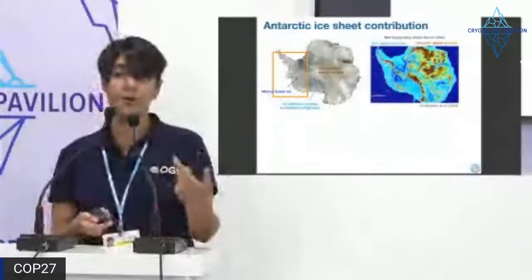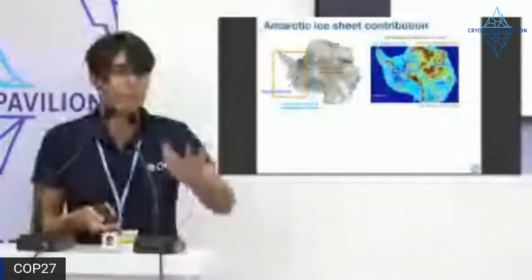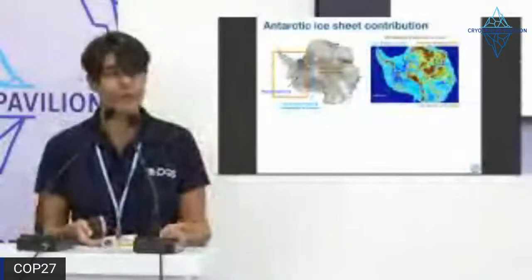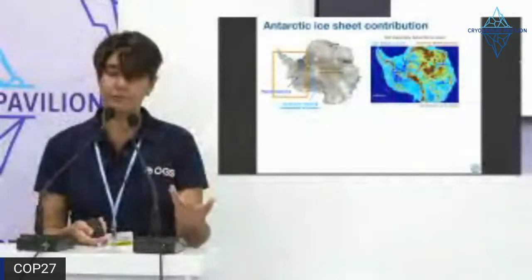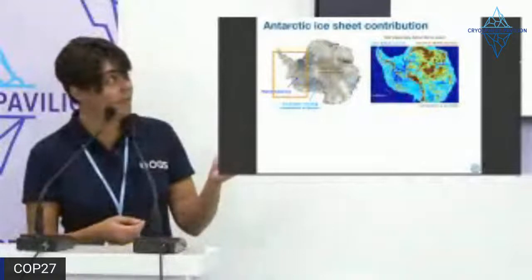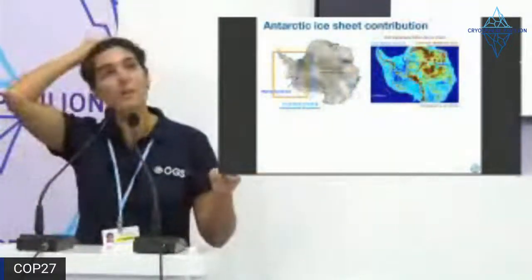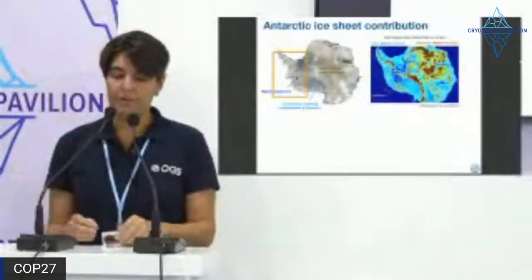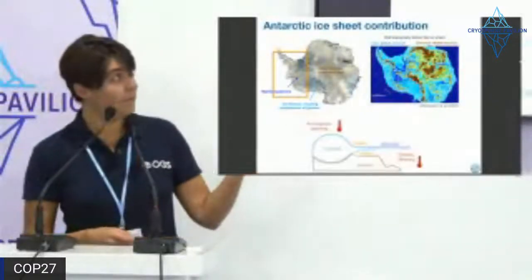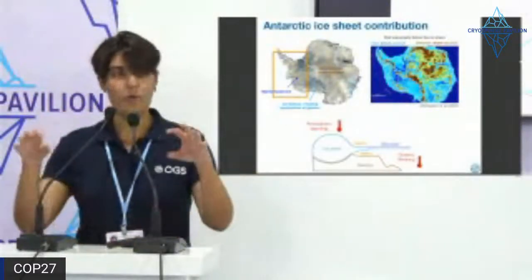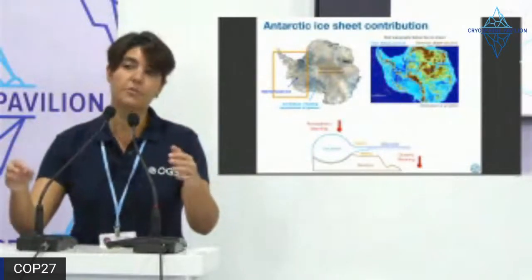But in the future, if we warm our climate much more than it is today, we will have also some melting at the surface. So all the areas that are in light blue on the right maps of the bedrock of Antarctica are vulnerable. In Antarctica, when the ice flow arrives at the ocean, it starts floating, okay,